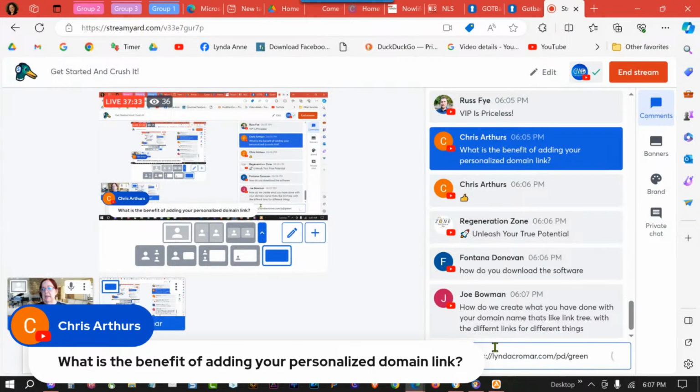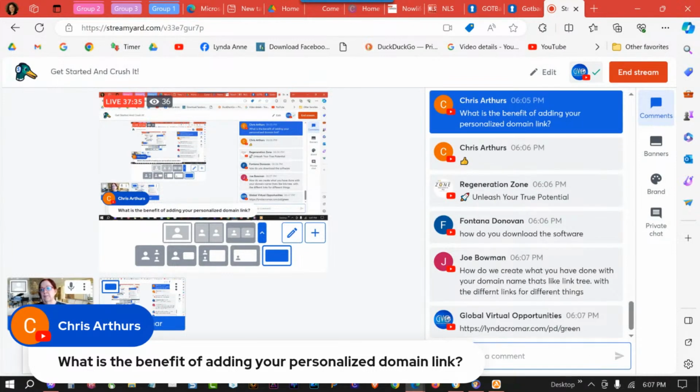Here's the same page I just created, but it is set up with my domain instead of the Our Global Virtual Opportunities page. And so therefore it's shorter for one thing,